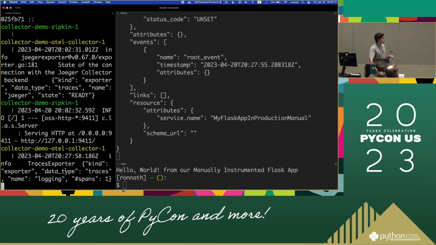The same thing happened over here on this side on the collector. It said, hey, I got an incoming span. I got a trace that was exported to me. And the number of spans that I received was 1. So if we bring this back,